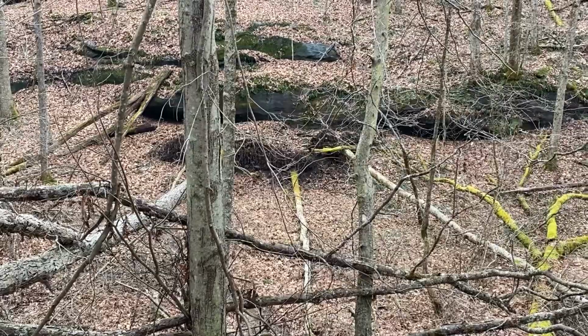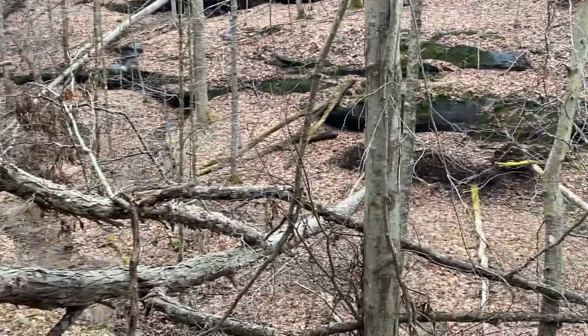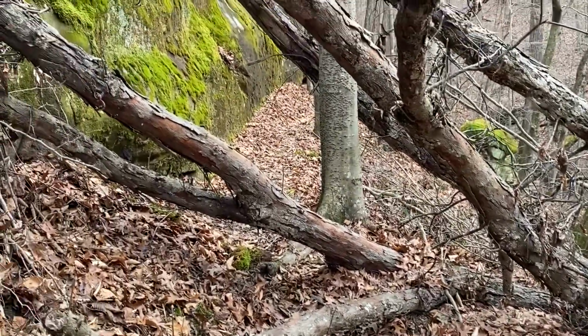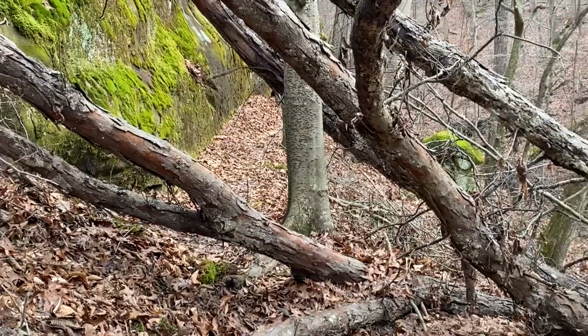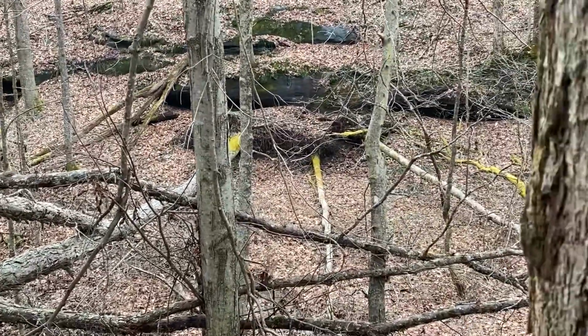So this is a little interesting. I'm hiking up this little gully here, and as you can see, this tree right here is going to make it a little interesting to get through. Not bad, but what I find interesting is it fell down over there,